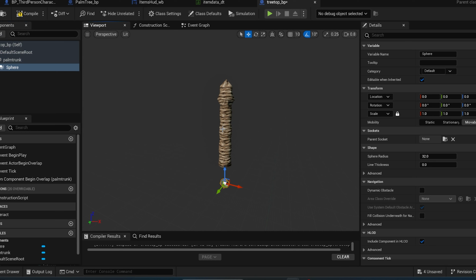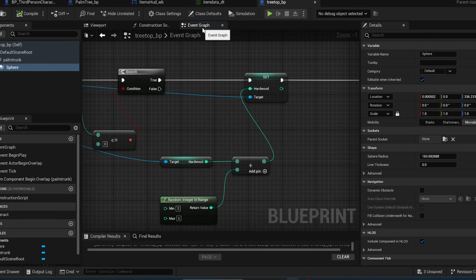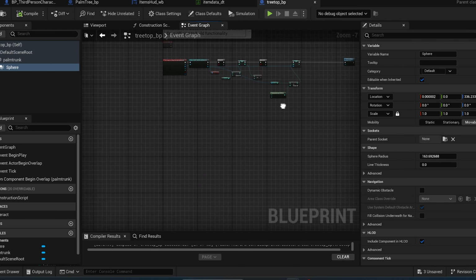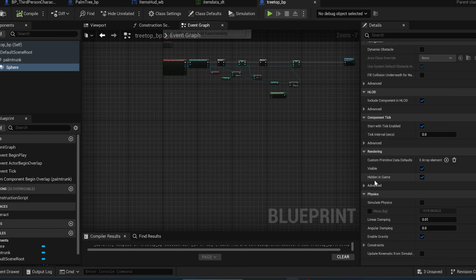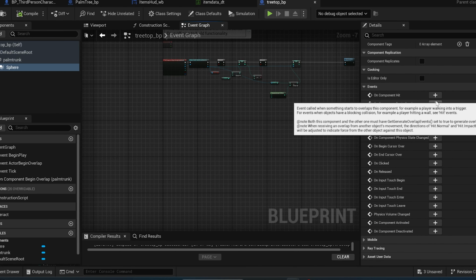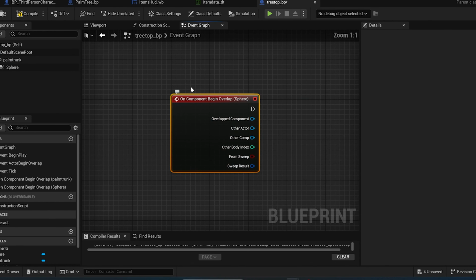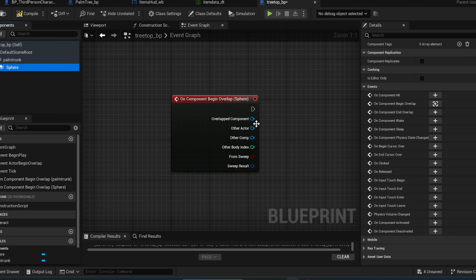Because if you remember, when we walk into the sphere collision, we want to know that we can pick this up. So on the radius, just make it so it covers the whole tree, or at least a big amount of it. Then on third person character, on the event graph, on event component begin overlap for the sphere,